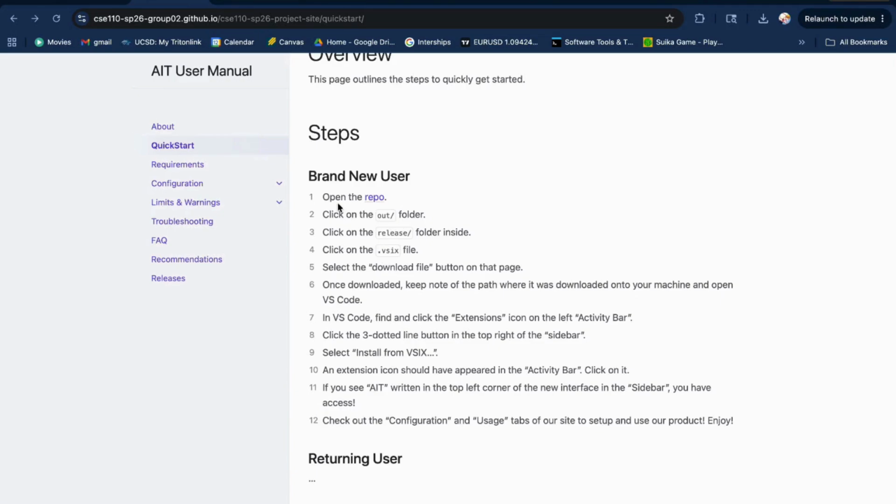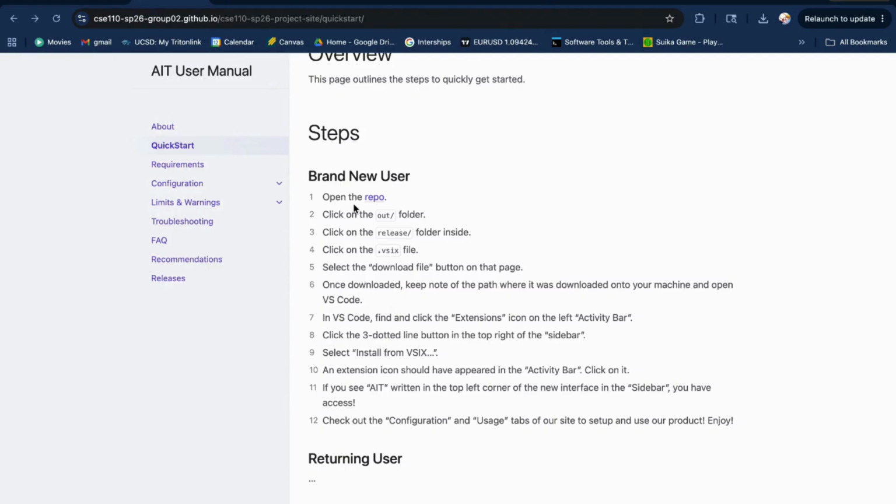Hey everyone, we're Team 2, aka Sweaters United, and we're excited to share the progress we've made on our AIT, which is the agent issue tracker, over the last 2 sprints. Basically, we've built a VS Code extension that detects and tracks AI usage on GitHub issues. Our goal is to give developers complete visibility into which agents touch their issues and how much they cost and